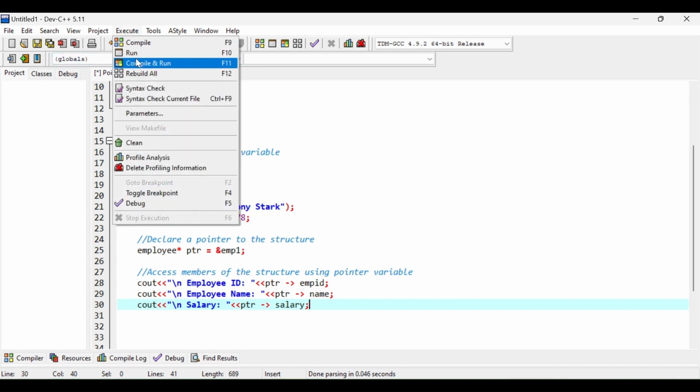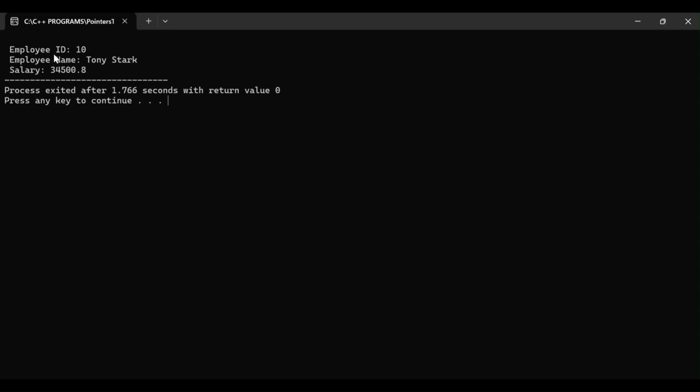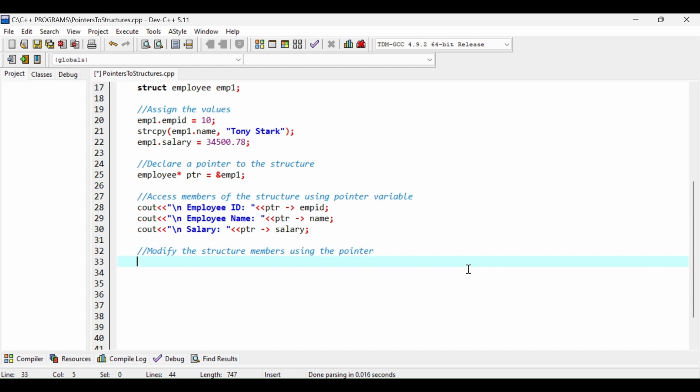Let's execute our program. So you can see here employee ID, employee name and salary are displaying. Now suppose that I want to change the name of the employee as well as the salary to something else. Then I can do so using the pointer variable and arrow operator once again. So here, in order to change the name, I will once again use strcpy function, and inside this function I will pass pointer variable name, then arrow operator and the name of my variable, which is name only.